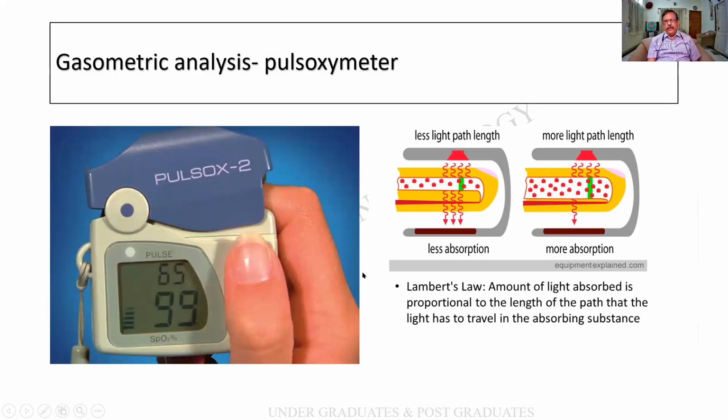This one all of us will be knowing. We have been handling it, especially because of the COVID crisis. The pulse oximeter, oxygen saturation is required, and the principle is the Beer-Lambert law. So whatever particle is over there, you find that there is a light path and there is an interference with the absorption because of the particle.